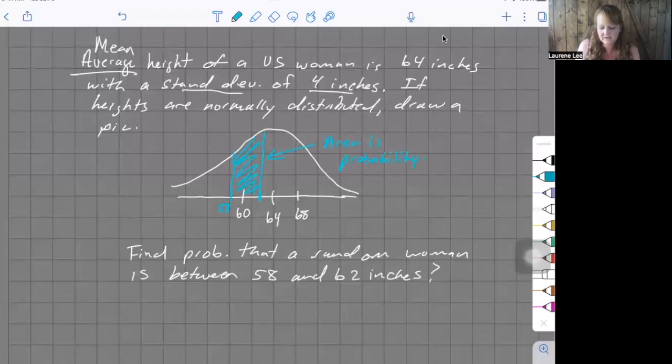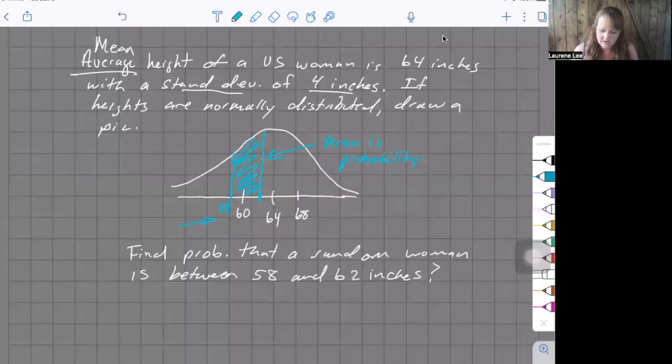So the numbers down here are your actual height values, but that area between your height values ends up being the probability. Now, in calculus, we learn how to calculate the area under that curve. But since that's not a prereq for this class, most of you have not taken calculus, we're going to do this problem on our calculator, and the calculator is going to calculate that area for us. So if you are on Class Calc,